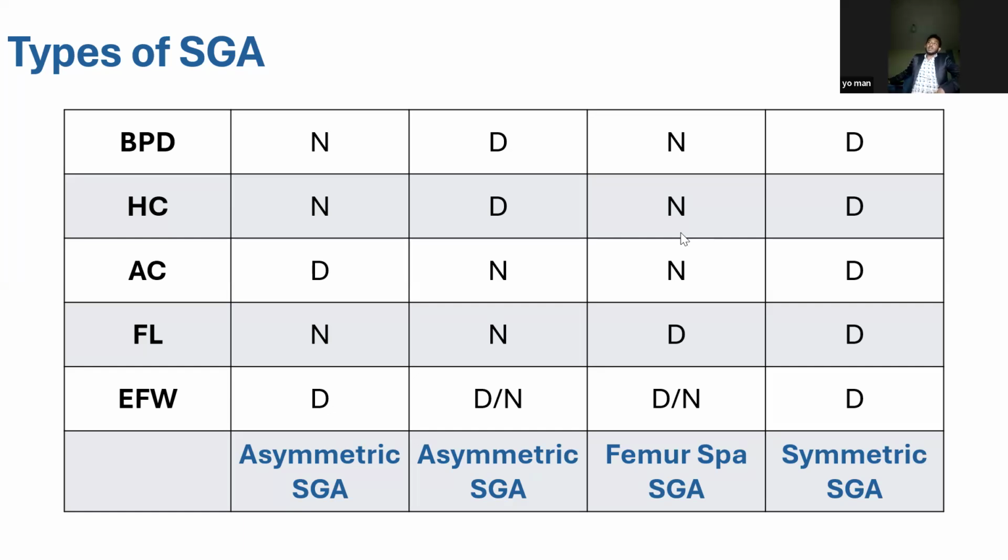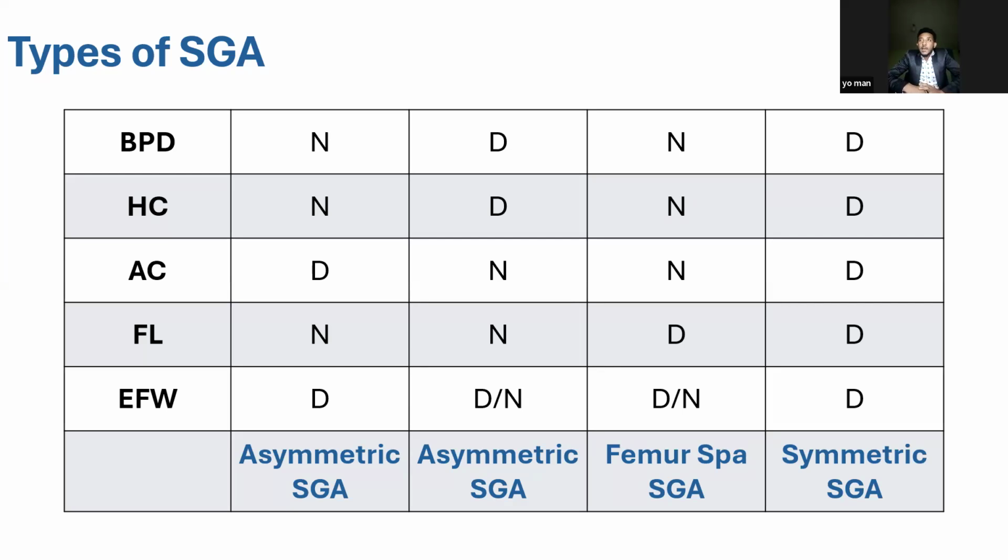The other thing is all the parameters, the head parameters and the abdominal parameters, are normal, but the FL is decreased. Again, you may remind me that this patient has skeletal dysplasia, not FGR. Of course, it can be. So skeletal dysplasia like achondroplasia, mesomelia, or any other skeletal abnormality can be diagnosed if